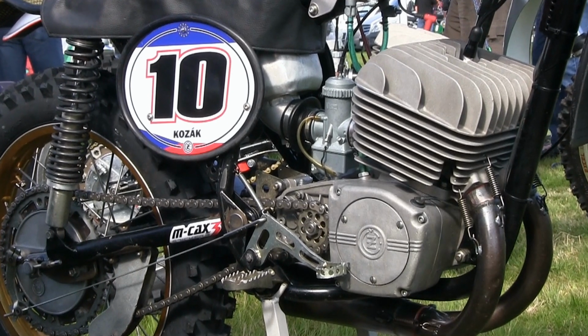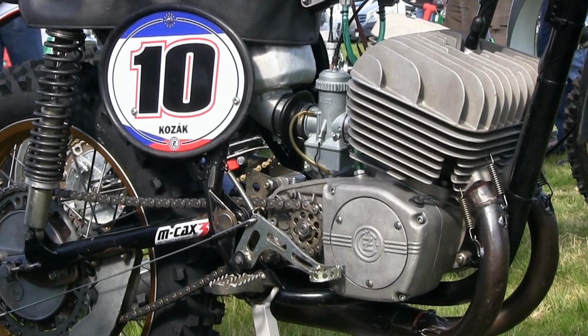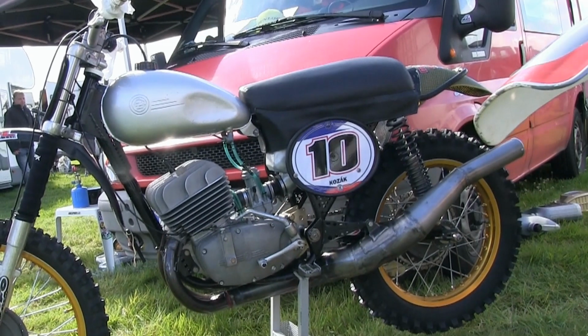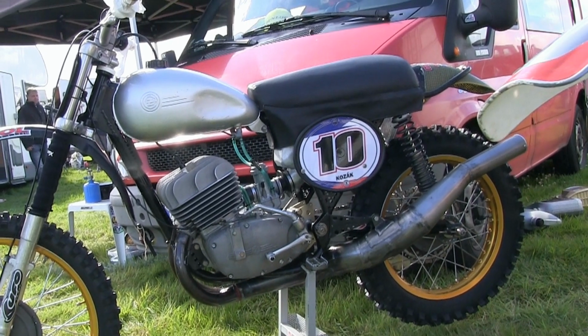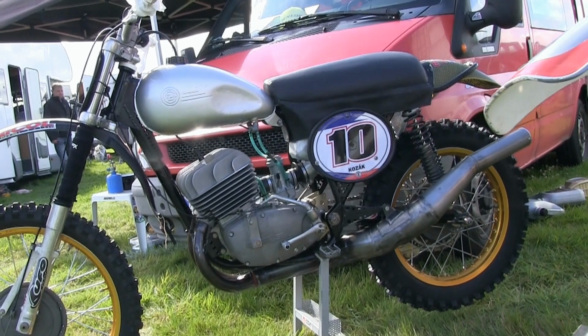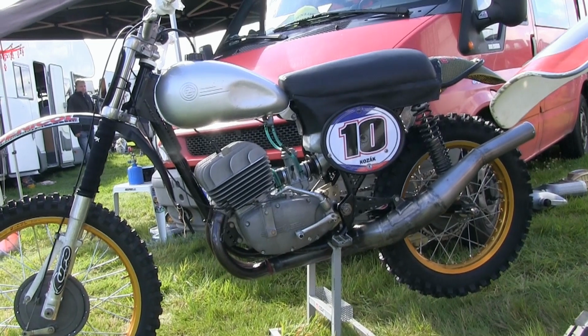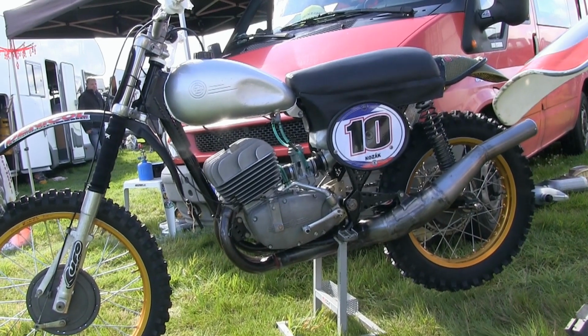Now Karel also looks like he's kept the original Jikov carburetor on his 360. It's not everybody that likes these Jikov carbs, and many riders tend to swap them for a Mikuni or something a bit more modern. But that besides, this is still another nice twin shock racer,